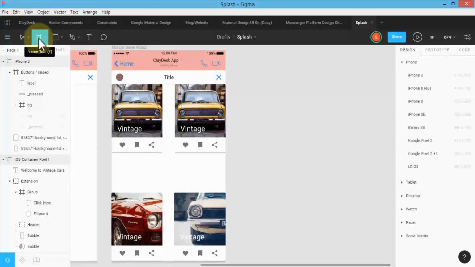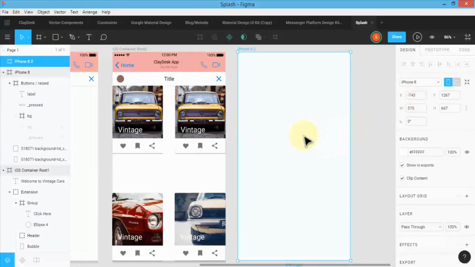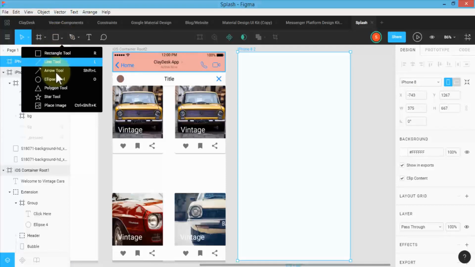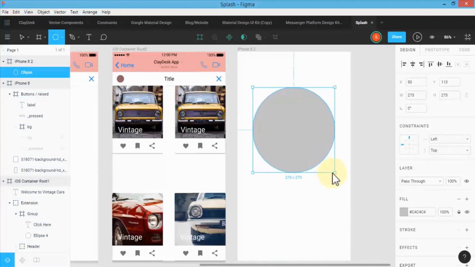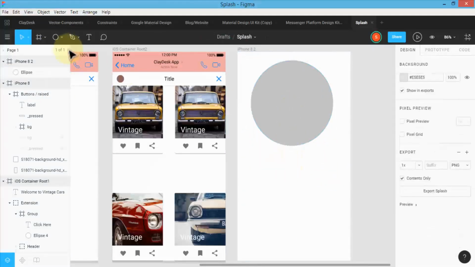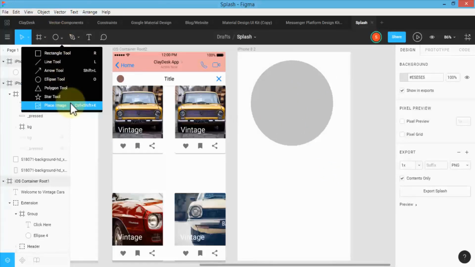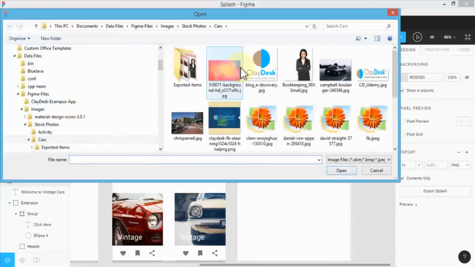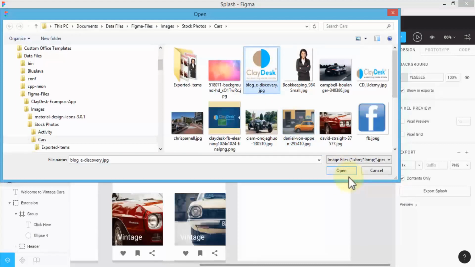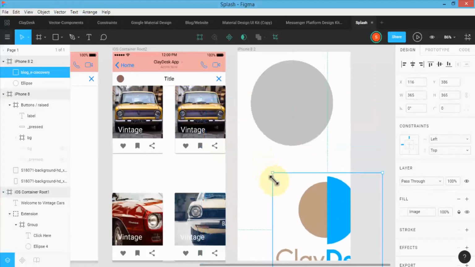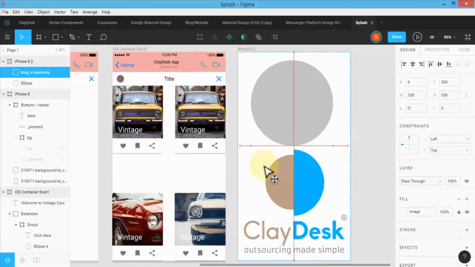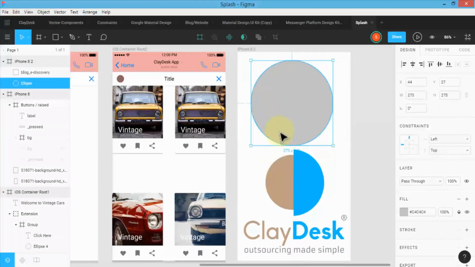So I'm going to first create a new frame so it's easy for you to actually see. Here's my iPhone 8 frame that I'm using. I'm going to insert a couple of objects here. First, let's go ahead and do an ellipse tool. So hold the shift key down. I'm going to create that. And next I'm going to also insert an image so you could actually see how masking works. So place an image, and let's say I'm going to choose this logo here. Perfect. So now I have these two objects, or layers, on my